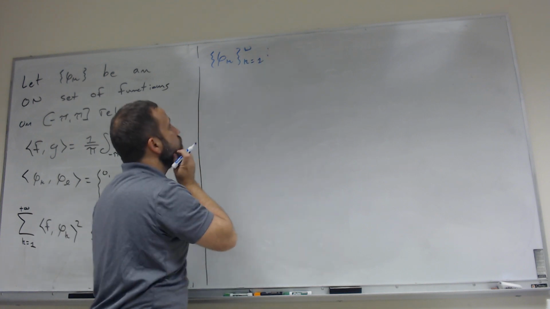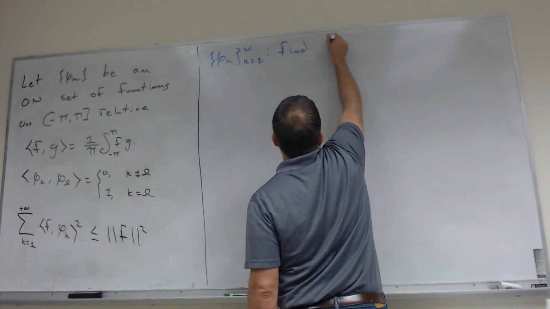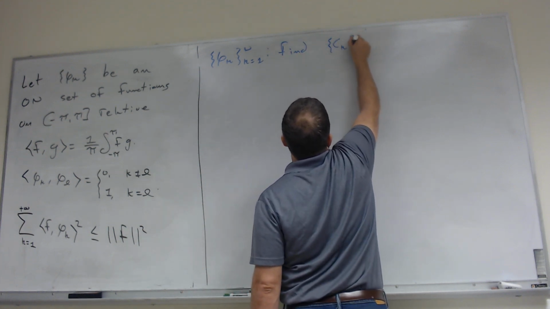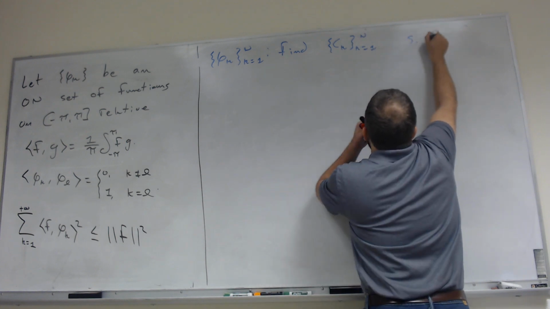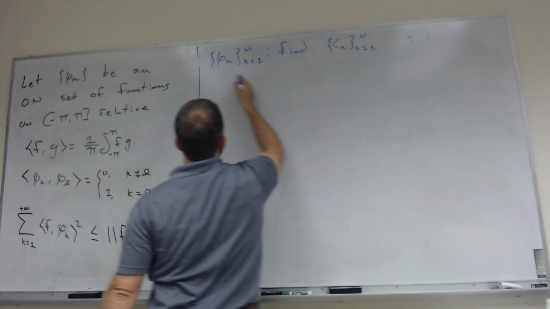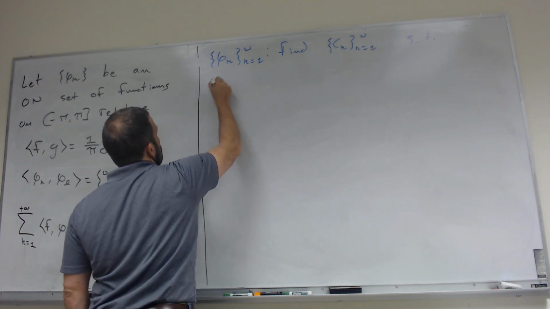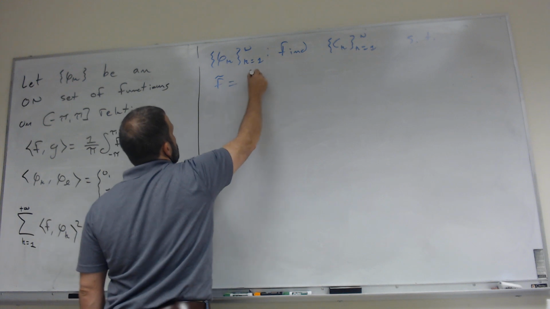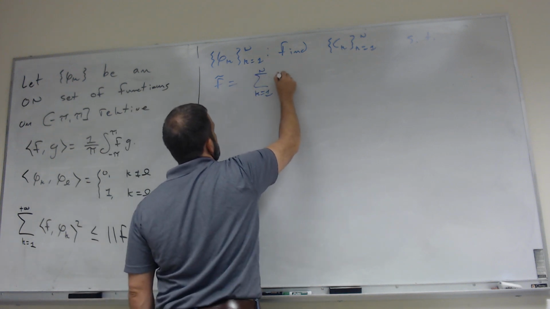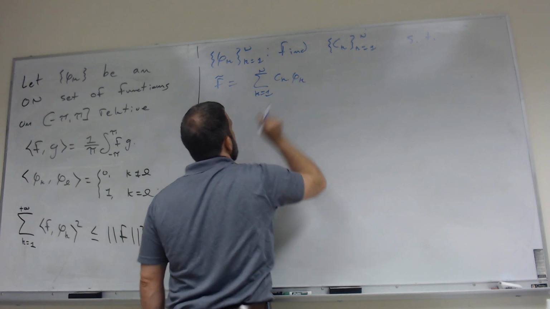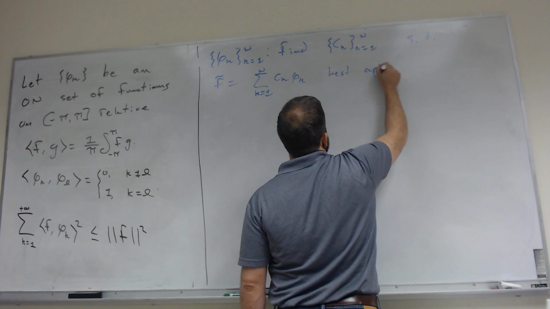We want to find coefficients, so constants ck, k going from 1 to n, such that the vector or the function, I'll call it f tilde, equals the sum k equals 1 to n of ck phi k, such that this best approximates